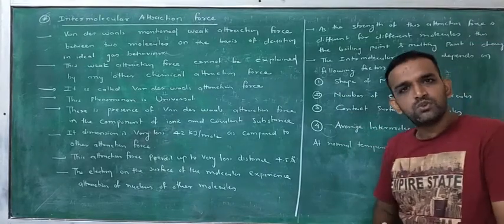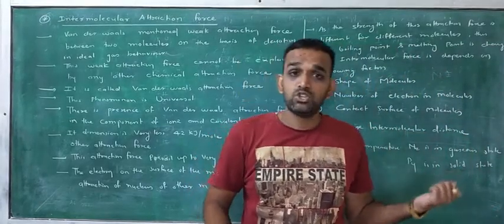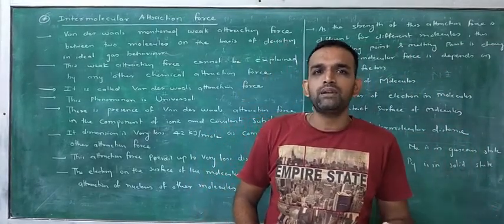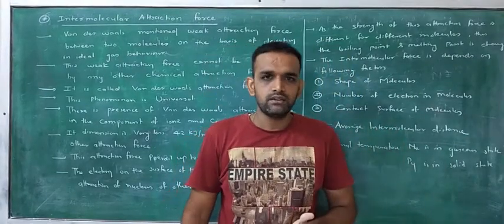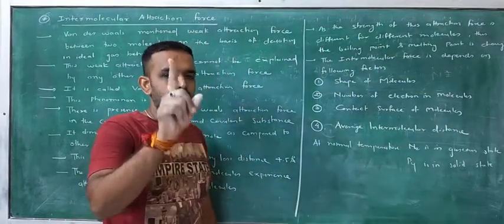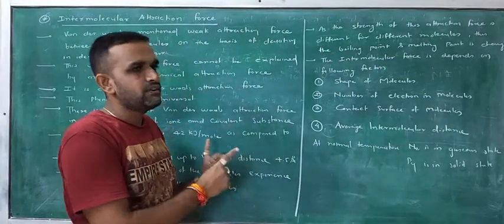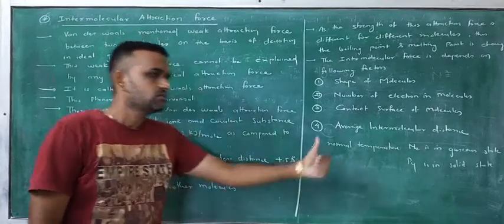And the last one we have is that at normal temperature, nitrogen and phosphorus are of the same group, but nitrogen is in the gaseous state whereas phosphorus is in the solid state. Understand? So all these are the intermolecular attraction force. One thing we have to remember is that the van der Waals attraction force is a weak attraction force between two molecules, right? So note down the